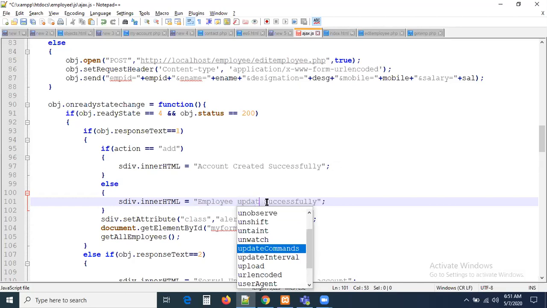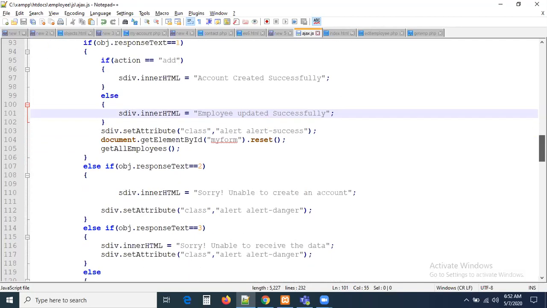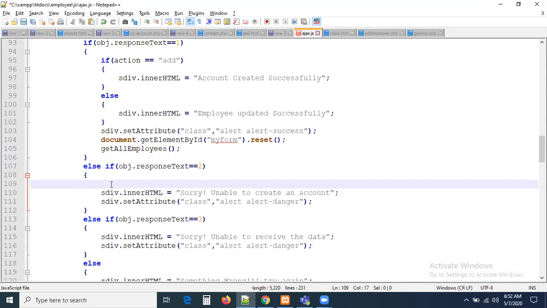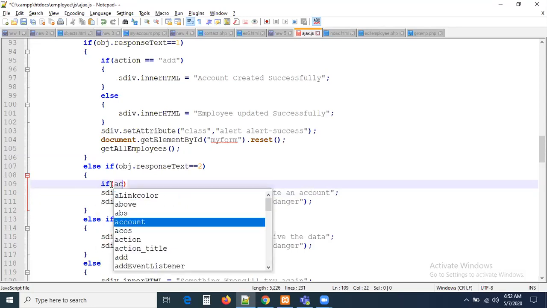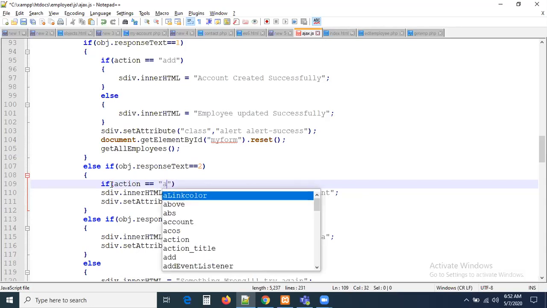Employee updated successfully. In the same manner, my form.reset. So once it is updated, it has to call the same function, nothing else. So here also, guys, the same message we have to display. If we are unable to, then we have to display the message here also, the same message. See, what is my message here? If the action equal to condition, action equal to add, this message.